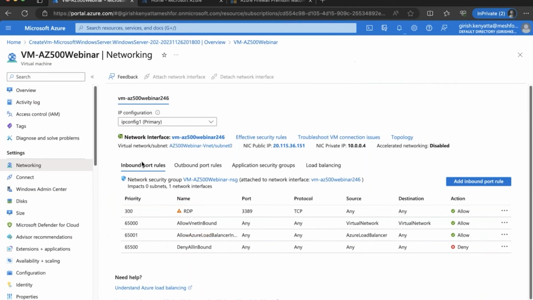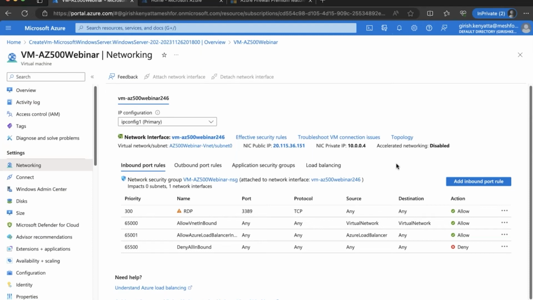Due to these inbound port rules, when I was trying to ping the public IP address, my traffic was getting blocked. So the NSG, network security group, works like a basic packet filter firewall. And if I want you guys and me to access this particular public IP address and this server over here,